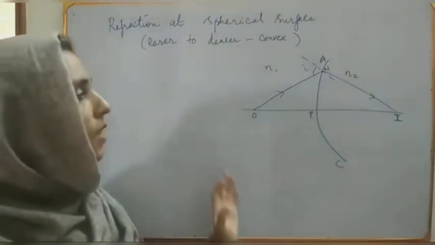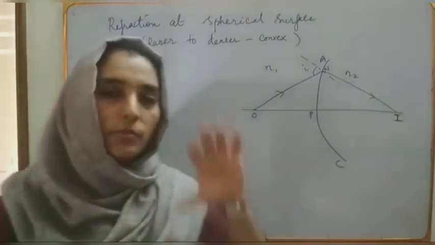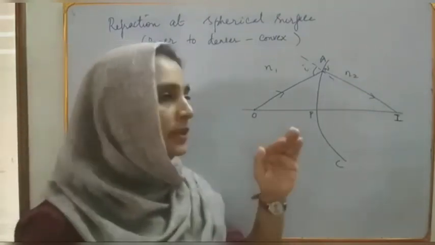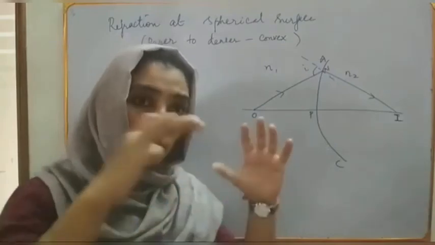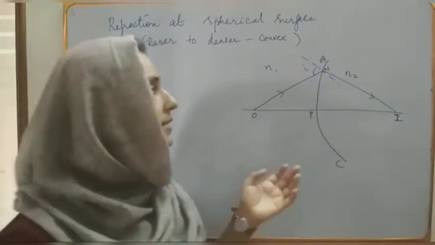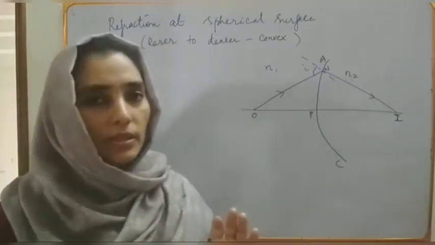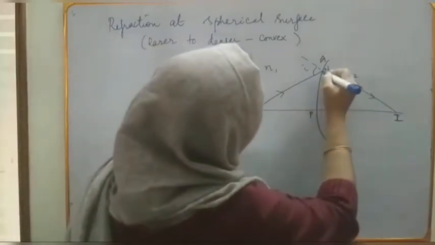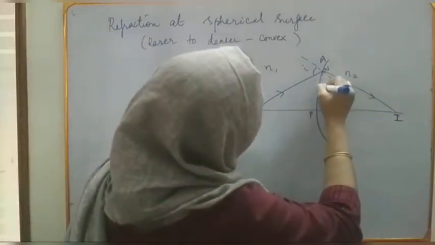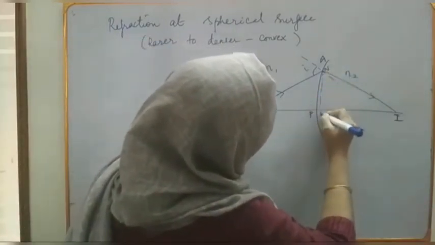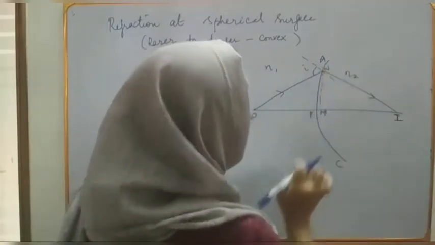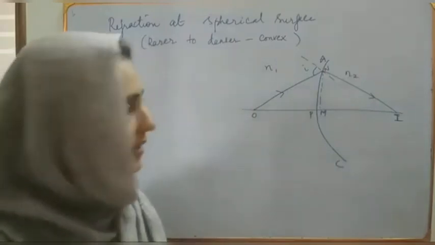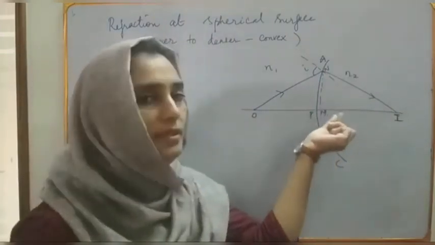Now for small spherical apertures, that is, when you consider spherical surfaces that are not too much spherical, we can consider them as small apertures. For that case, we can draw a perpendicular from N to the principal axis such that it meets at M, such that NP will be equal to NM itself. That is, this distance PM is very, very small.